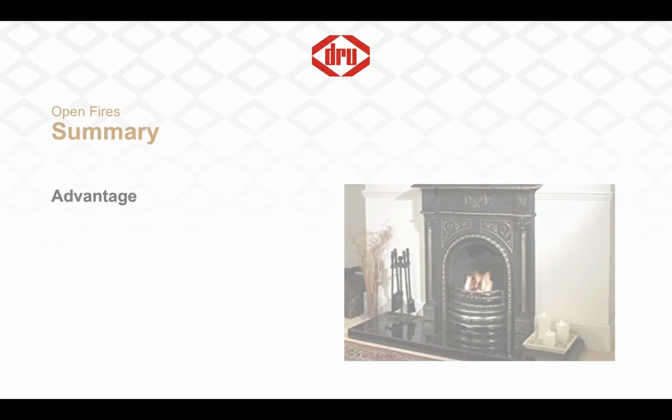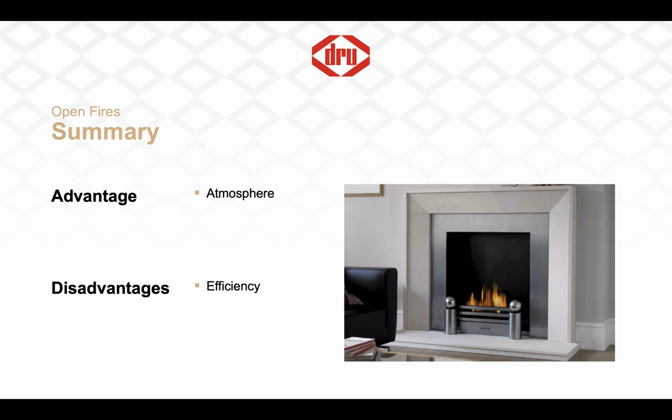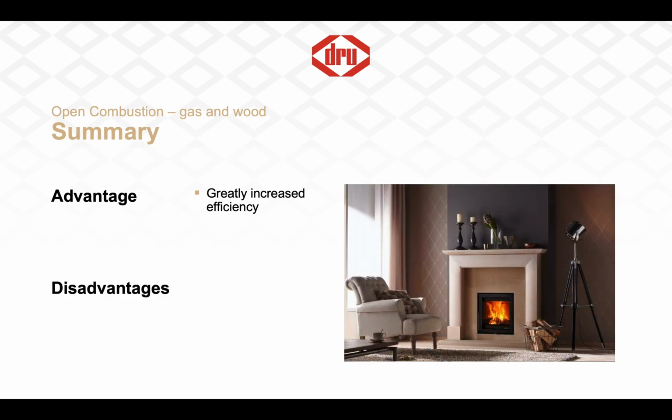Open fires, which are becoming increasingly rare due to energy and efficiency regulations, have the advantage of generating an atmospheric fire. However, they have very low efficiency, are constrained by having to be installed in an existing chimney, and require a lot of cleaning and maintenance. Modern gas-fronted fires with open combustion in both gas and wood certainly provide an effective flame picture and much higher energy efficiency than open fires. However, they're still constrained by having to be installed in a chimney and require additional ventilation points to be installed